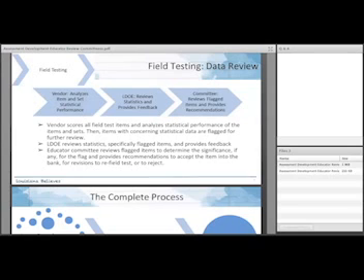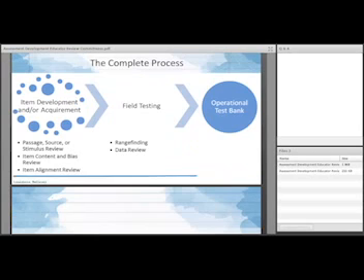We'll take it back and bring it back to review committees, and it'll get re-field tested. But if it does not get completely accepted at data review, and this is every item, it does not make it into the operational bank. So that is the complete process from the beginning of development, the pre-development, through field testing into our operational bank.